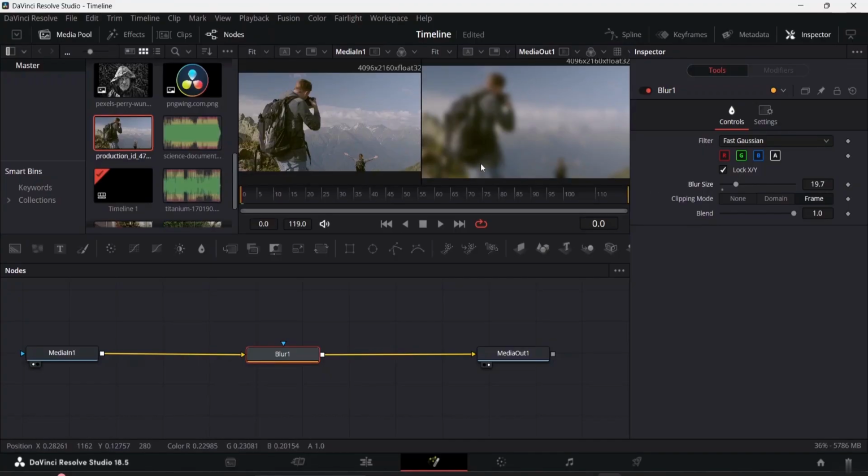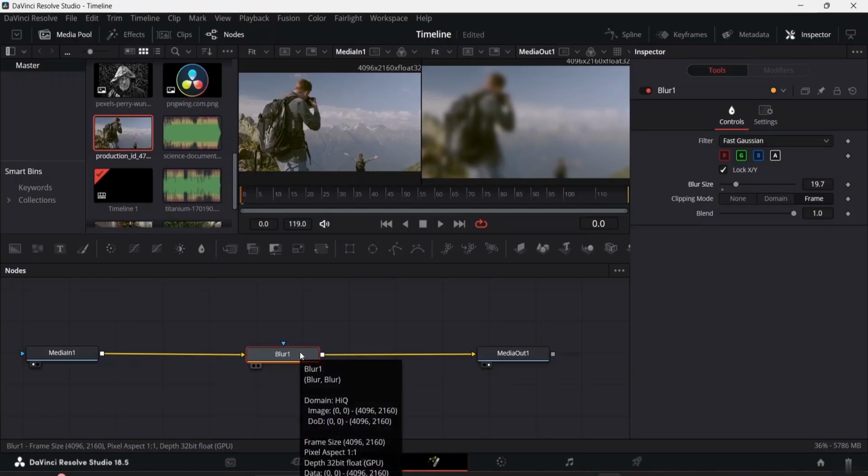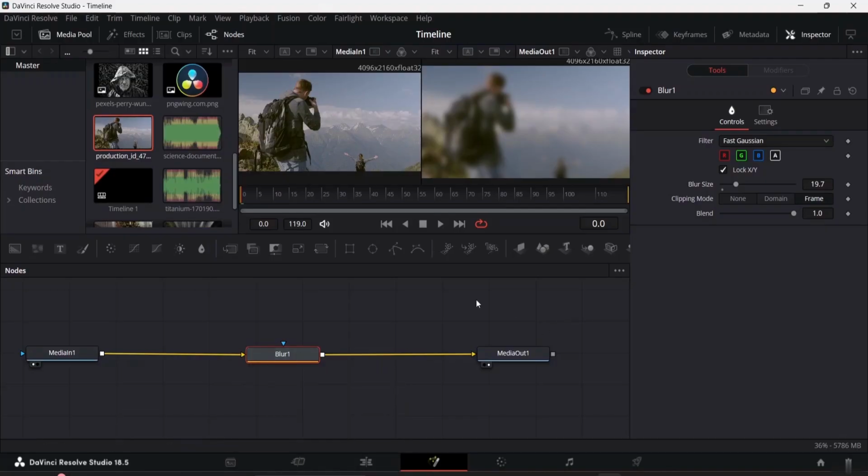From here I can adjust the level of blur I am going to put in my video. So here I have put the blur. I hope you have understood this particular place and how you can work with it. This all works like a flow chart that we need to create over here, with whatever things I want to put in. Suppose now I want to put some text on the blurry